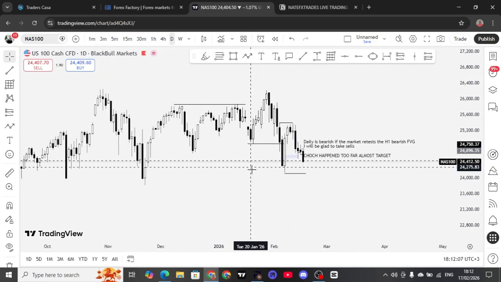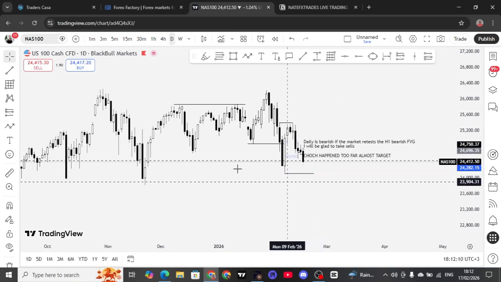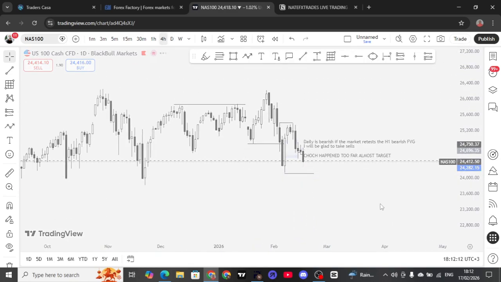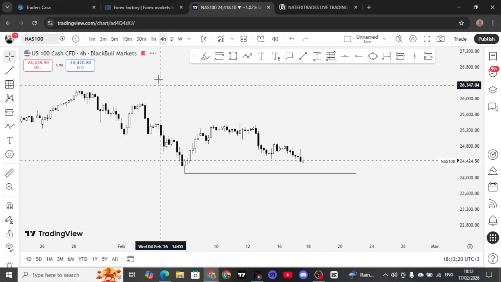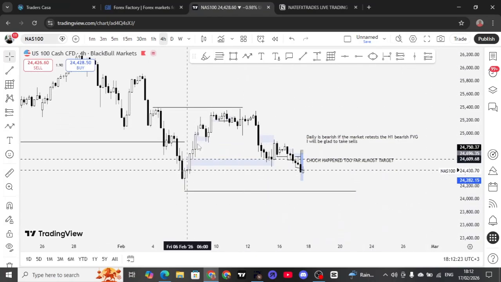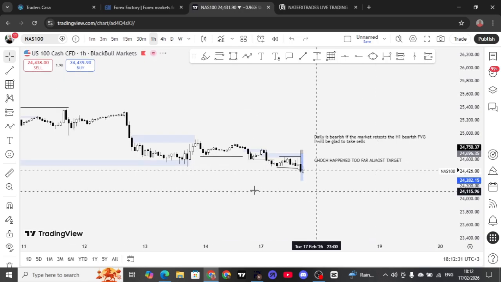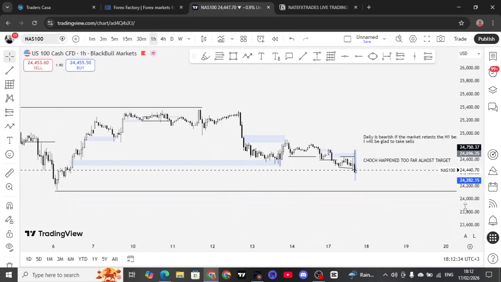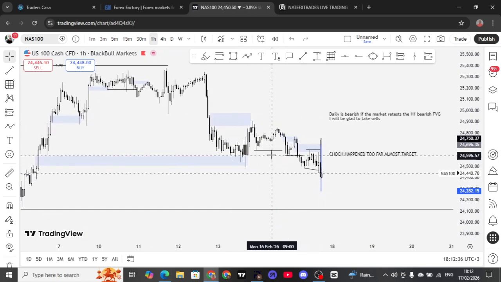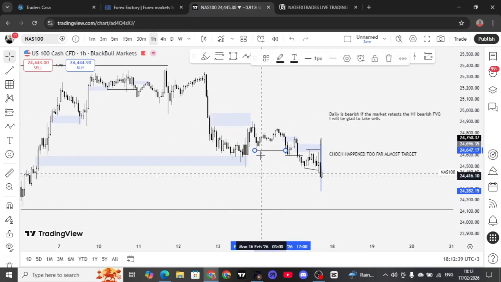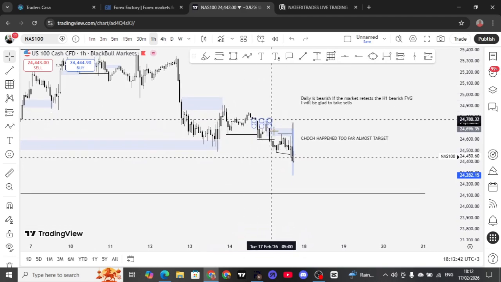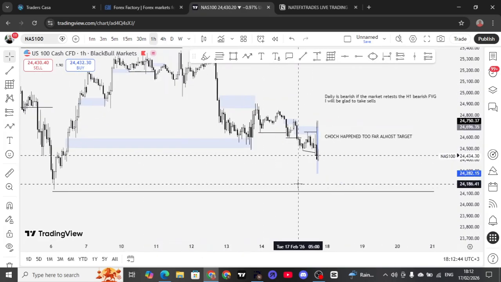I'm anticipating the NQ to take out this low, the daily. Therefore, I was looking for lower prices. Then I start my analysis from the higher time frame going down to the lower time frame. And then I saw this nice respect of this fair value gap to the downside. Then looked at the 1 hour. I think it's clear on the 1 hour, like that. Then the market came down, broke this mini structure here again. The market continued respecting these fair value gaps to the downside.